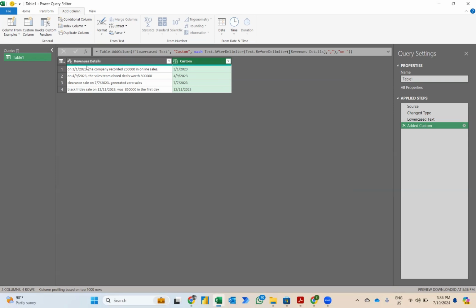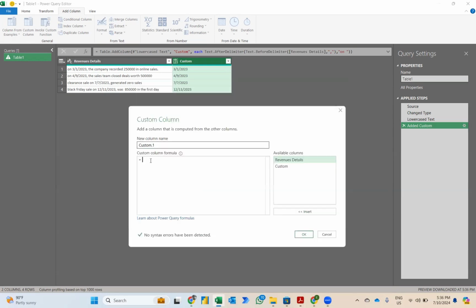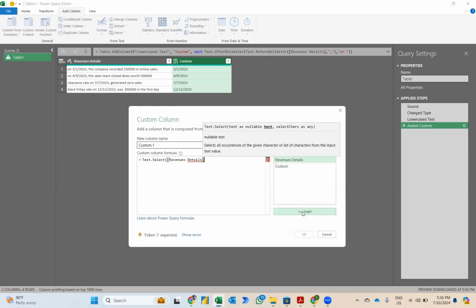So what I'm going to do is I'll just go to add column, custom column again. This time I want to choose text select, because with text select I want to select the particular amount. So I'm going to write here text select. And what I want to select, basically, is from these figures over here, from this string over here. So I'm going to press insert and I'm going to press